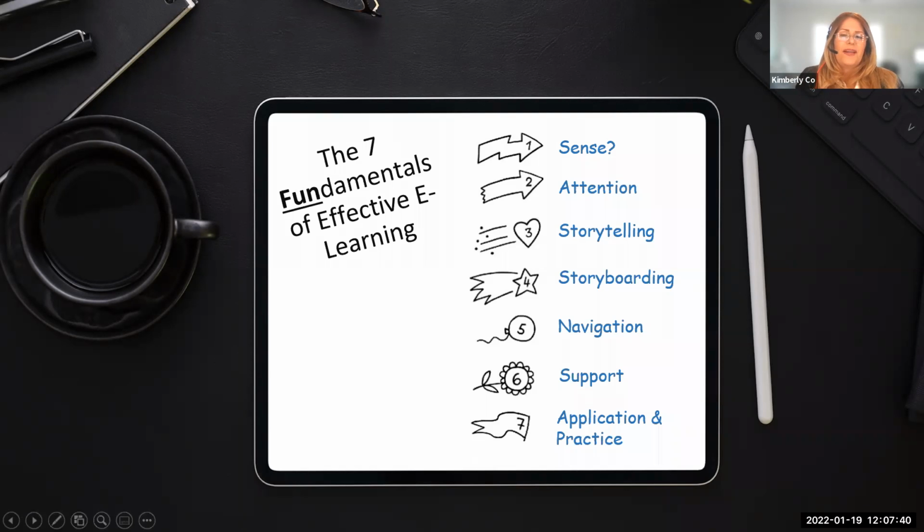So, but that's me. That's who I am. I've been in the instructional design world now for about 15 years, and I'm currently the director of learning solutions and delivery for Grant Thornton, which is a big public accounting firm. And so very excited to be here today, as I mentioned.